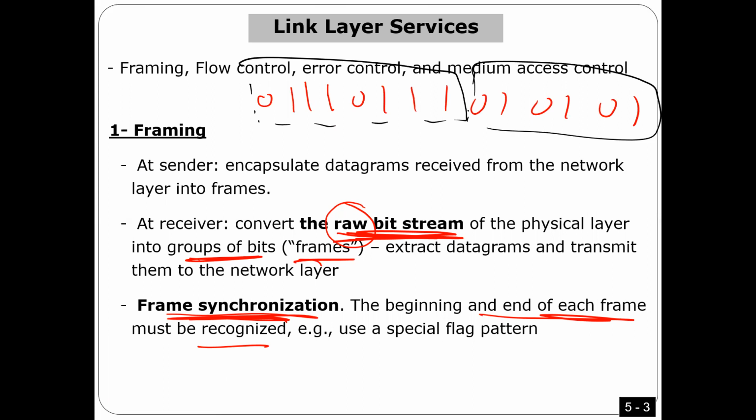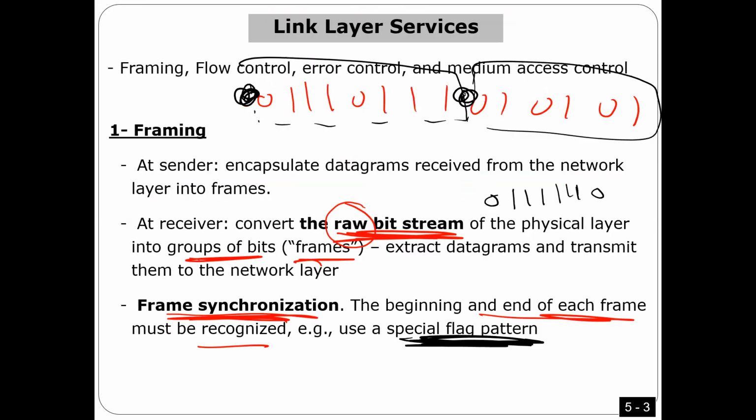The way we are going to do it is to use a special flag pattern. So we are going to use a special pattern, like for example, as you will see, 0, then 6 ones, and 0. This is a special flag. So we are going to use a special flag at the beginning of the frame and at the end of the frame,